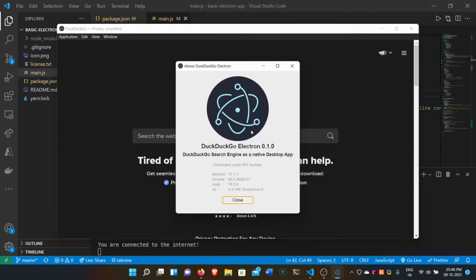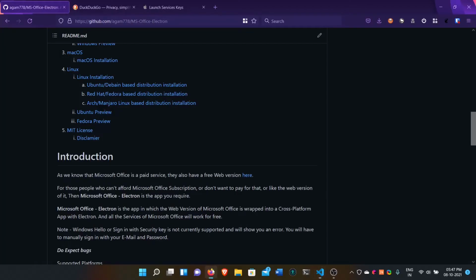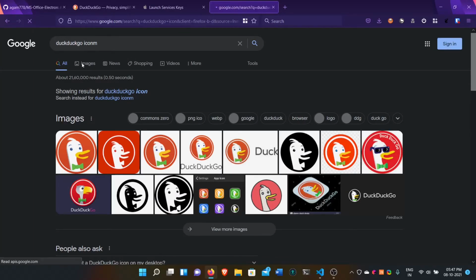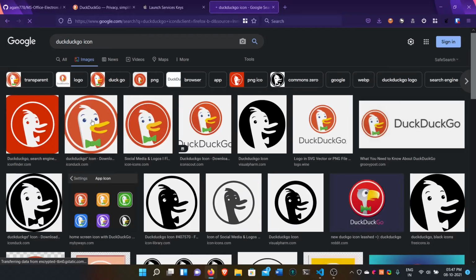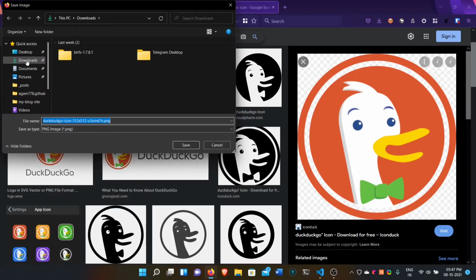About DuckDuckGo Electron, and I see it's written distributed under MIT license, so the copyright just got removed. And now if you want to change the icon, I'll just tell you how. DuckDuckGo icon, like we get this on Google basically. It will change the app's icon. So this is 512 by 512. Just right click, save image, and it should be icon.png,